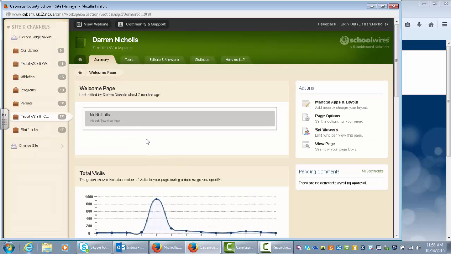Okay, so I want you to imagine that a page is just like a page, whether you print out a page, a big rectangle or a square, and within that square you can add other squares that are other pieces of information. So this is the actual page here. This is an app. It's called the About Teacher app. If I come over here to the right and where it says Manage Apps and Layouts,